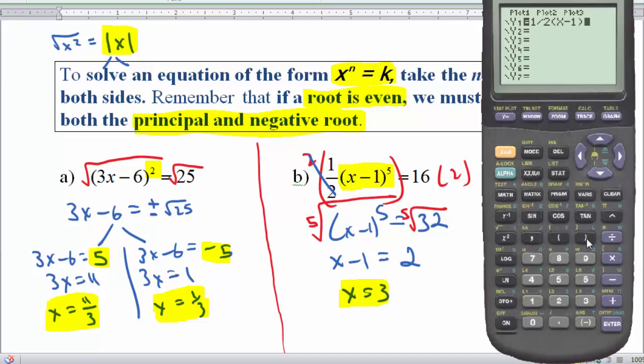So if I have a half times x minus 1 to the fifth power as my y1, and then I have 16 as my y2, just make sure when I make my window, I make y go high enough to see. So make my y go to 20 instead of just 10, because I have to go as high as 16 at least. So now if I graph this,